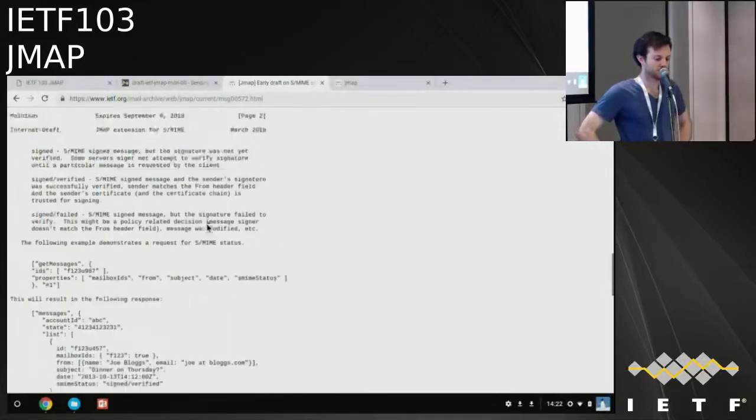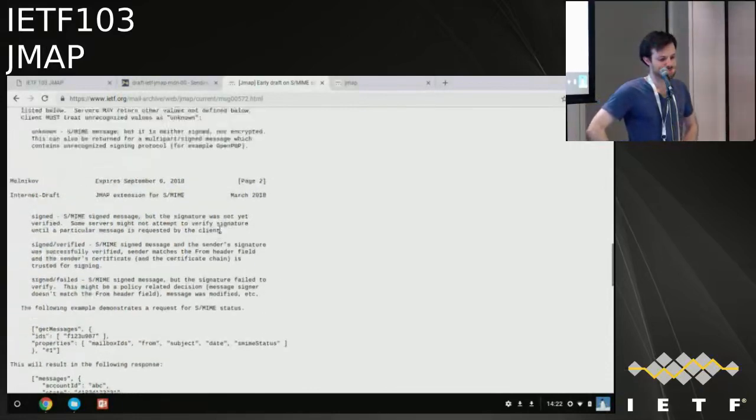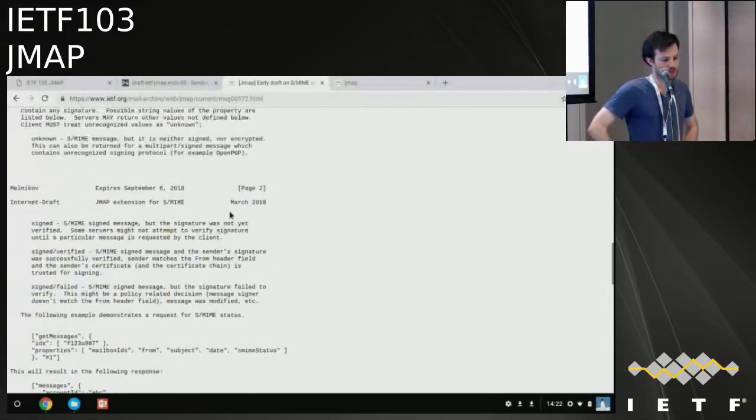So this is the spec. It was emailed to the list. It has 4 possible values on a property that you can fetch on a message. Obviously, everything's changed now in email; the syntax has changed, but that's not important. This is just an extra property on the email object. That's fine. So unknown, signed. And if you start supporting decryption, there are more states there, but that's just a well-known list of things. That seems reasonable to me.